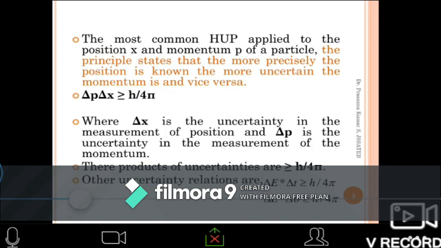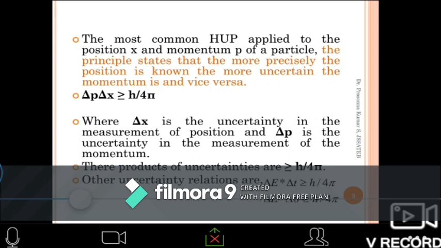Okay. So you know this is one of the most well-known relations, the Heisenberg uncertainty principle: the product of delta P and delta X is greater than or equal to h by 4 pi. This expression is known to almost all of you. Here you are measuring two quantities. One is position, X represents the position, and P represents the momentum. The delta is attached to them. It means the measured position X or the measured momentum P is not completely true. It has an inherent error associated with it.